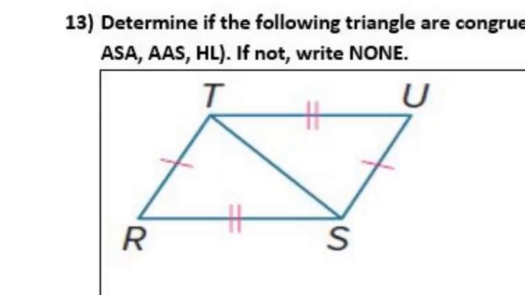We have a shared side, so I'm going to go ahead and mark the shared side. I have to give it a different number of marks than the other pairs of sides that are already marked as congruent. And now if I look at just one of those triangles,